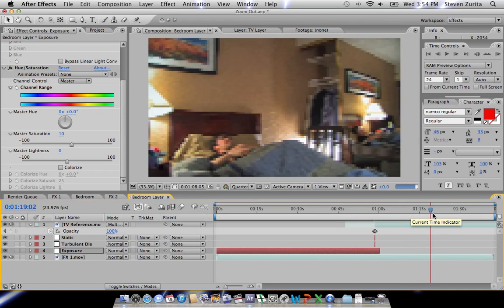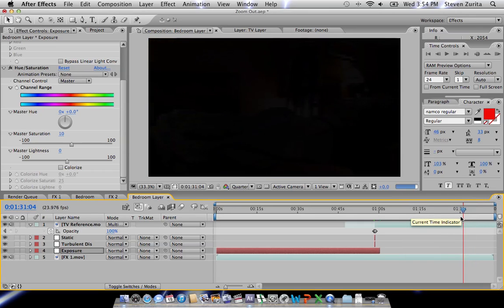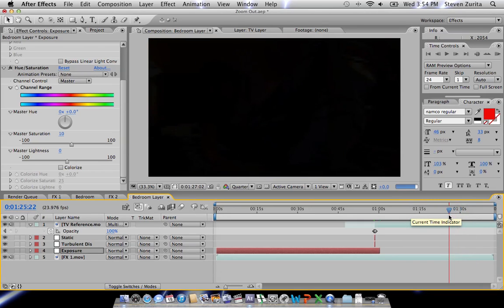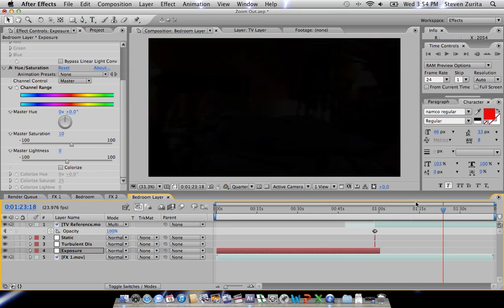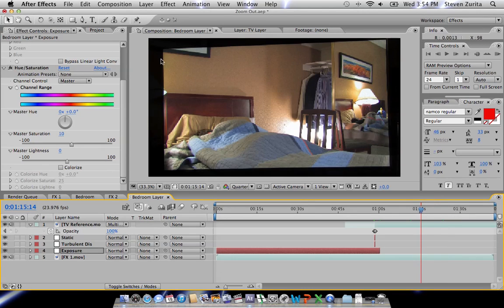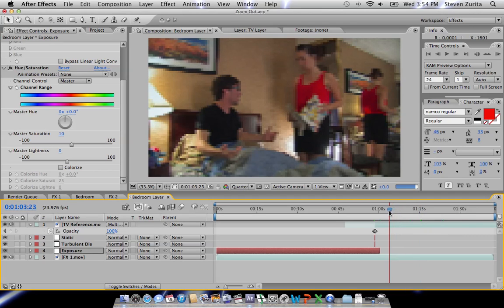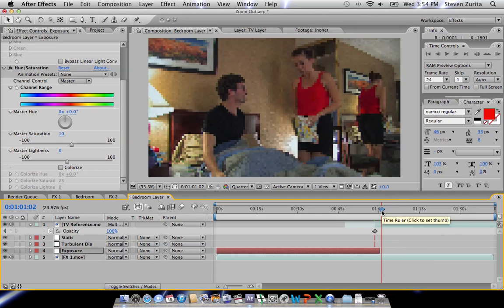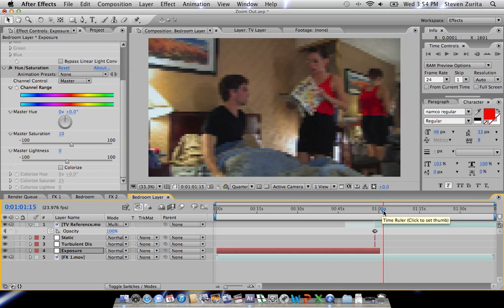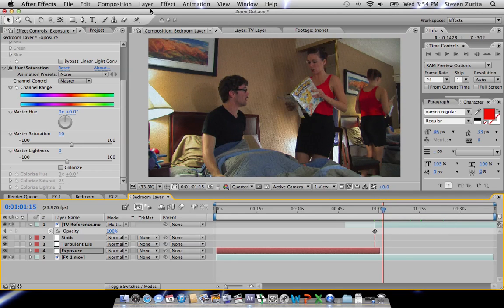So if we let this TV reference footage play out too much, remember how I said I zoomed out on a TV? If we let it play out too much, then we'll actually see the TV peek into the frame, and we don't want that. Right around there. We don't need that. So let's go to right about where we last see those lines, which is in that area, and let's freeze